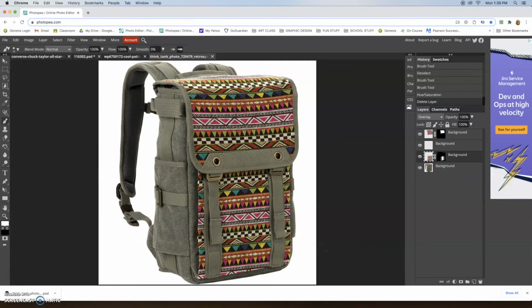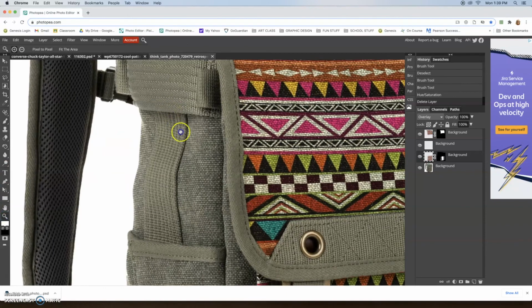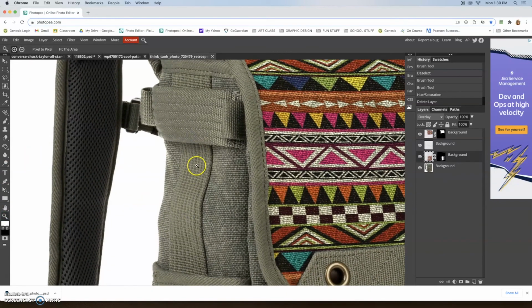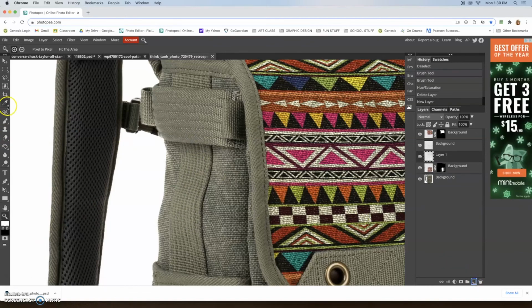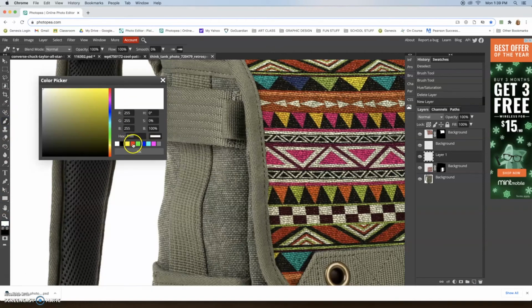So once you have your patterns done, you are also going to consider adding a little bit of color. Now, it doesn't mean that you have to color in everything. You might want to just color in certain sections. So you're going to start off with an area that you are pretty sure you want to add a color to. So let's say that I know for a fact that I'd like to add color to this strap right here. Okay. So I can certainly add a new layer, and I could go with the brush, pick a color that I think I'd like to use,